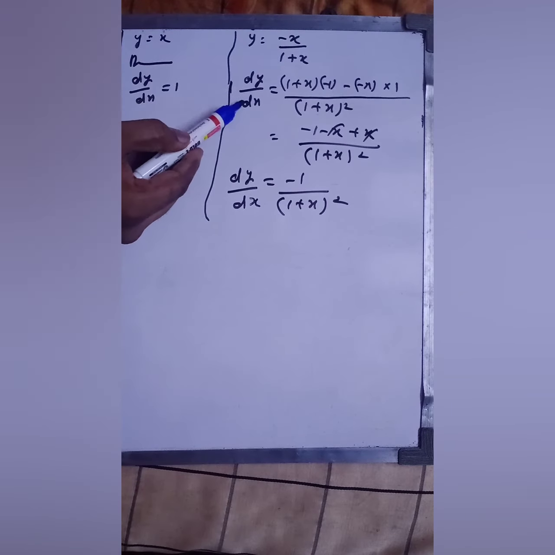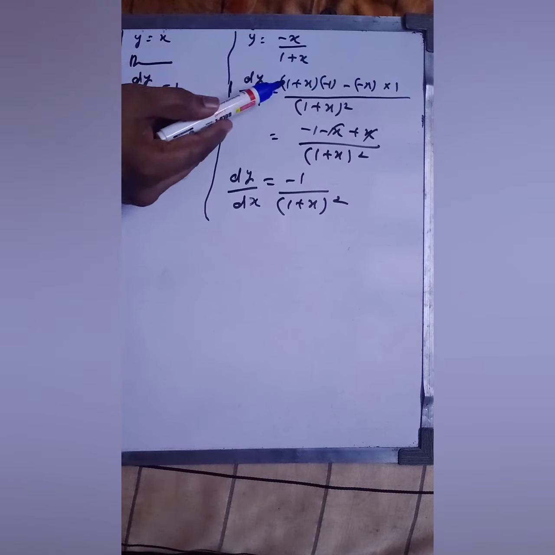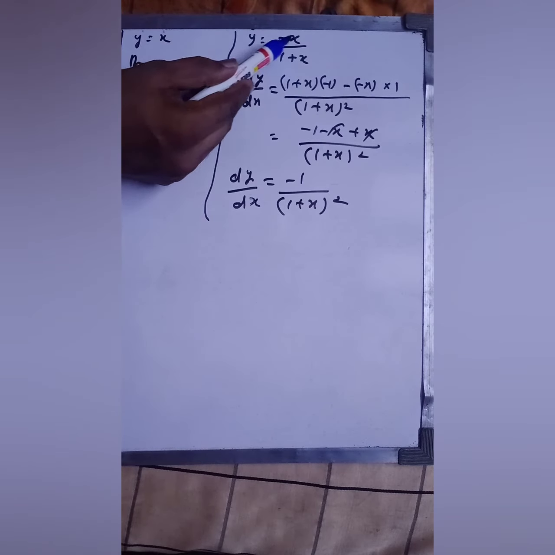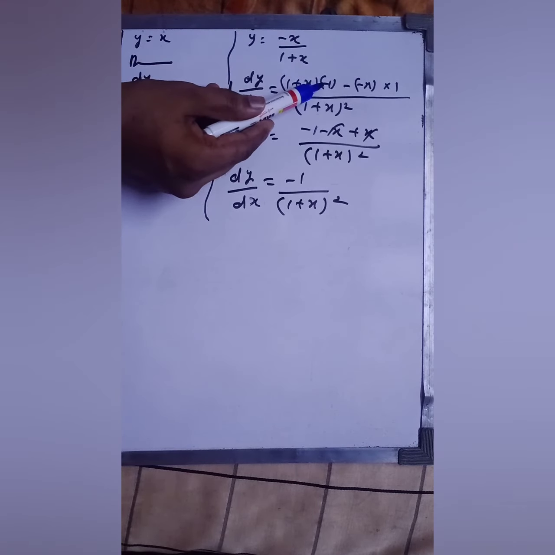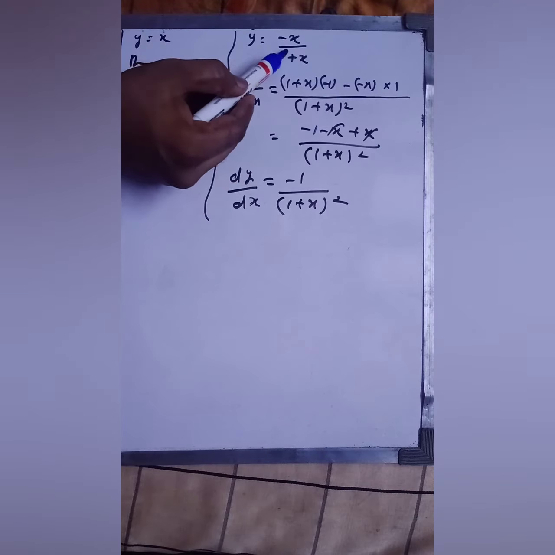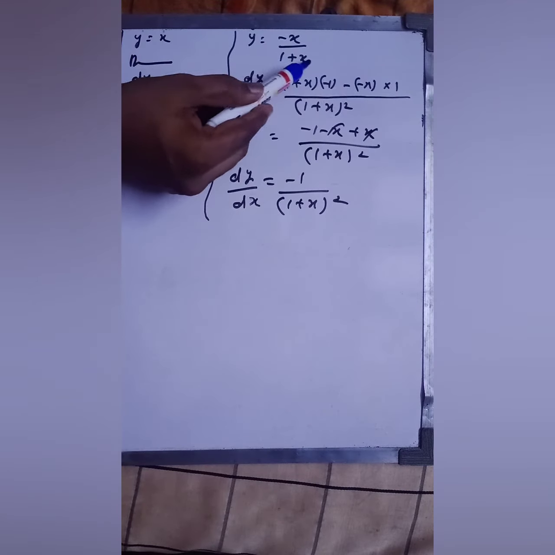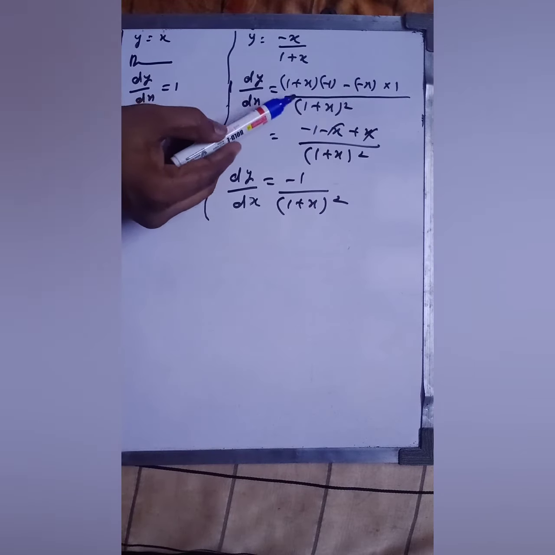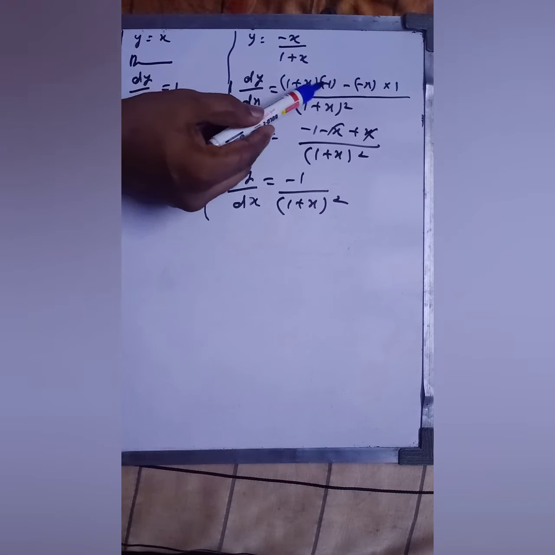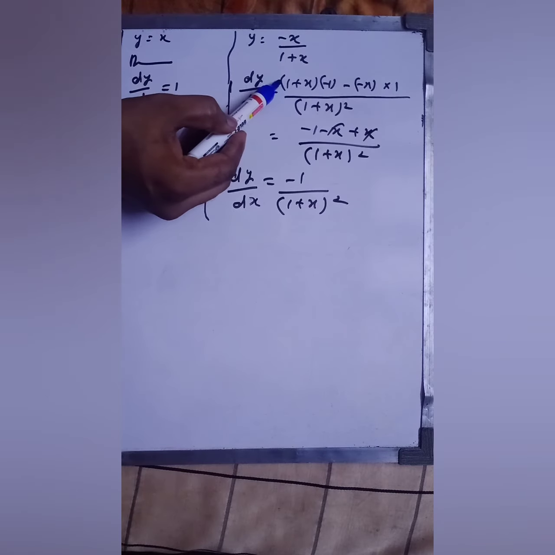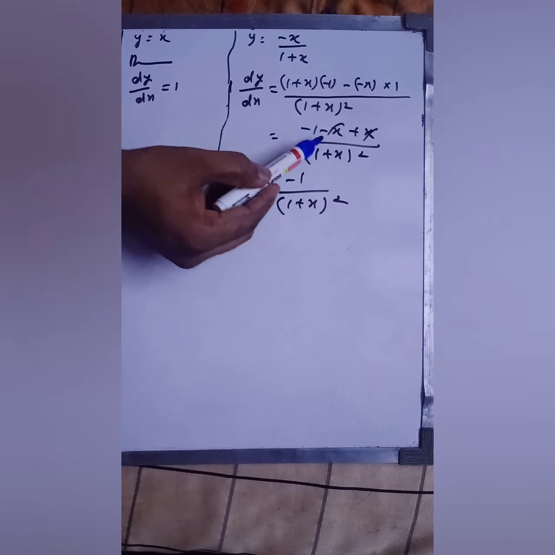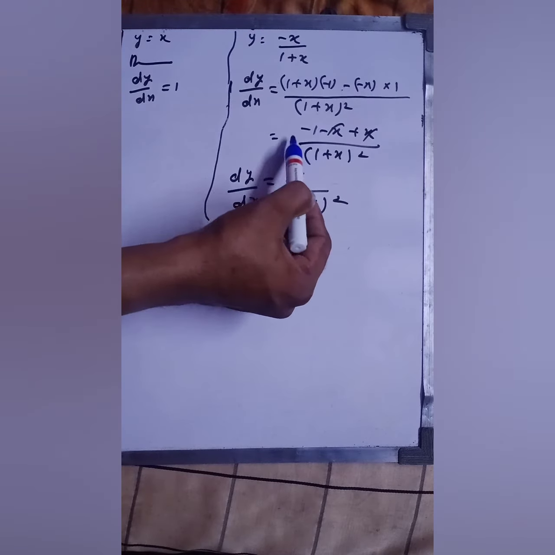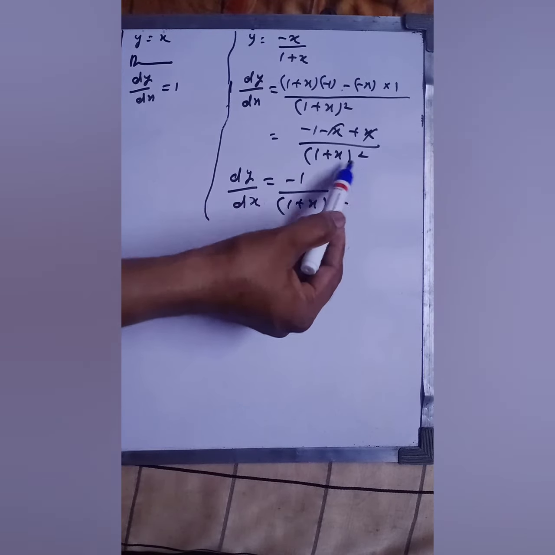Okay, now here the next will be, you will get this one, and here you have to differentiate dy/dx, and in this part you have to apply the quotient rule. This (1+x) will remain the same, and the derivative of minus x will give you -1, minus x will remain the same, and the derivative of (1+x) will be 1. This whole divided by (1+x)². Got it? Now you have to insert this minus 1 into this. This will be -1 minus x, and this will be plus x. So minus x and x will cancel out, and it will give you -1/(1+x)².